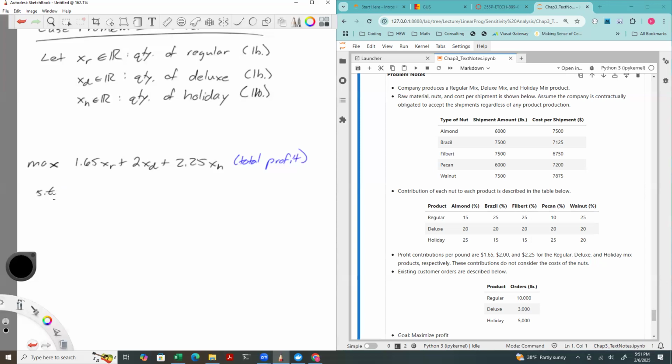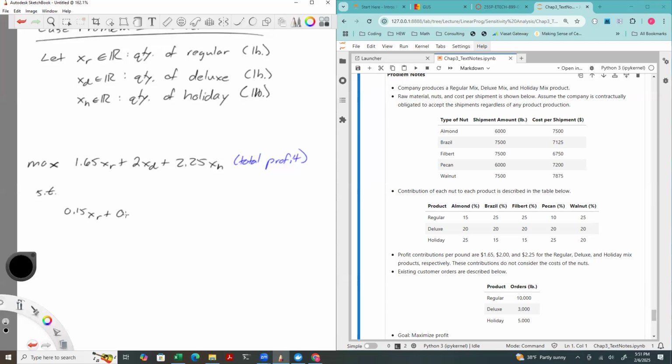All right, so let's go ahead and write one for the almonds. Well, we know the right-hand side is going to be 6,000. And then the left-hand side, we're going to have to use this column here. This is the percentage of almonds in a regular pound, the percentage of almond in a deluxe pound, and the percentage of almond in a holiday pound. And so since it's a percentage of, I can multiply each one of those percentages times the total amount of the regular, deluxe, and holiday and end up with an appropriate unit of pounds that is being consumed of, in this case, almonds. So I'll write that as 0.15 x of r